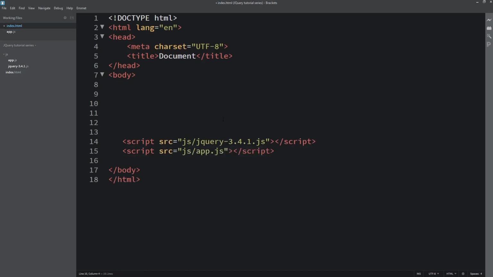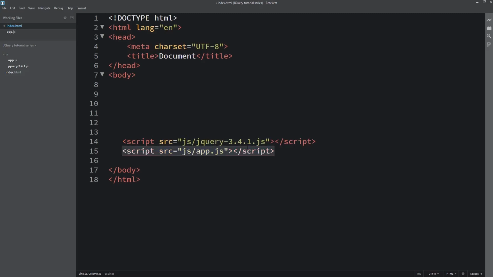app.js. I want you to understand it: this app.js should never be put at the top of the jQuery. Very, very important. The jQuery is not supposed to come second. You know why? Because every code we write here feeds from the jQuery file. If you put this on top, the code reads from the top and comes down, so it will see this one first before it sees the jQuery file. Then all the code that we write inside this one will not actually work, because it hasn't seen the jQuery file yet. So make sure the jQuery file comes first before you put this app.js file.